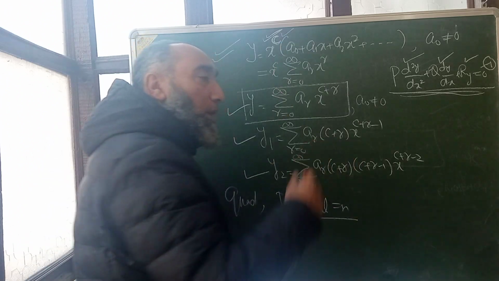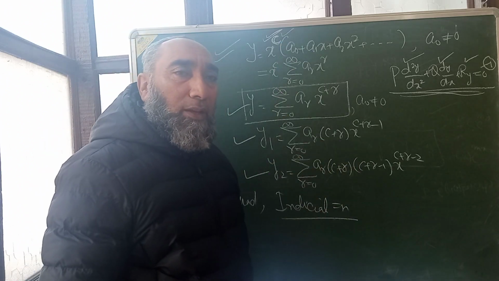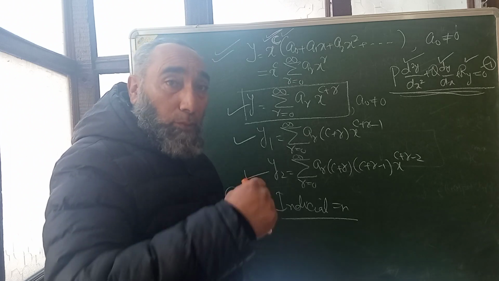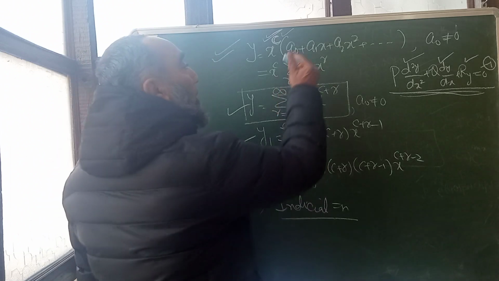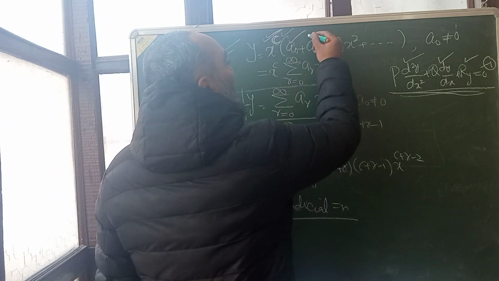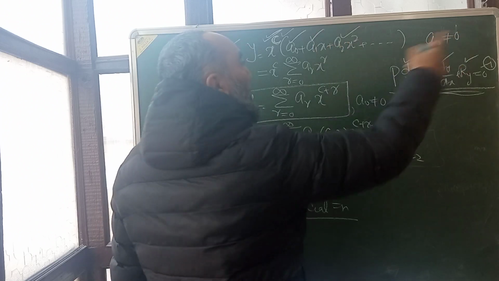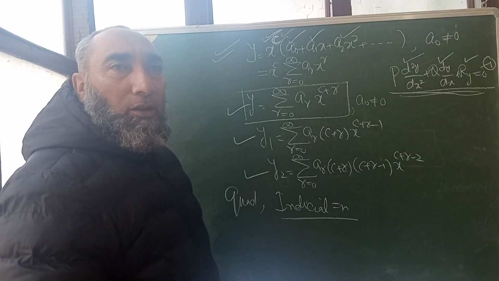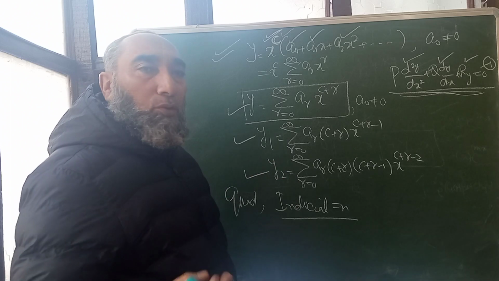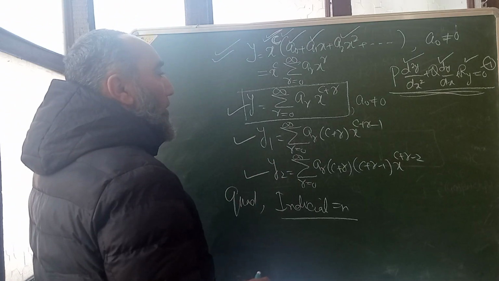Now collecting coefficients of different higher powers of x, starting from the lowest, you get the coefficient of a0, a1, a2, and so on. Substitute in this the values of a1, a2, and so on. You get an equation of the form